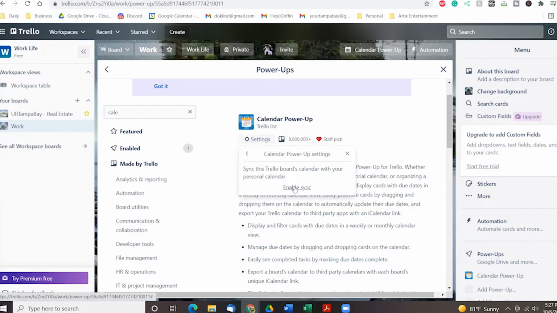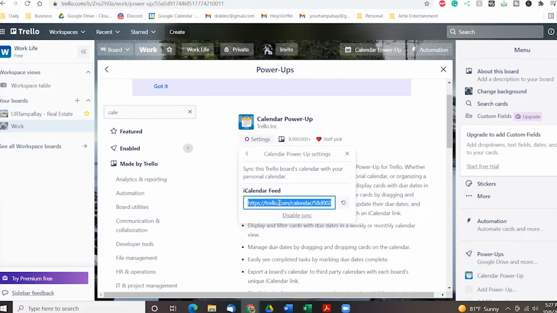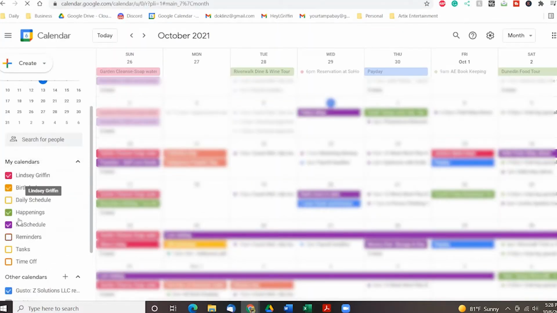You're going to make sure that you enable sync. And what this is going to do is that anytime you add a deadline, it is automatically going to sync up to your Google Calendar. From there, you're going to copy this calendar feed, and then you're going to head over to calendar. On your left side taskbar,